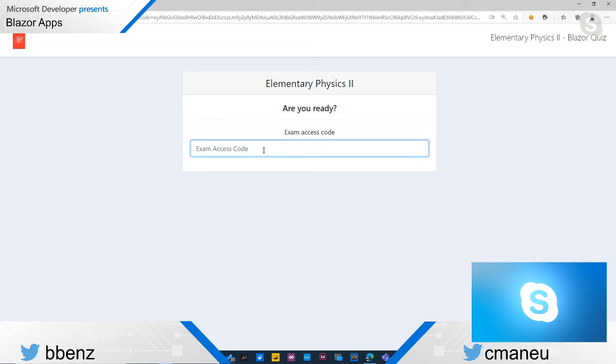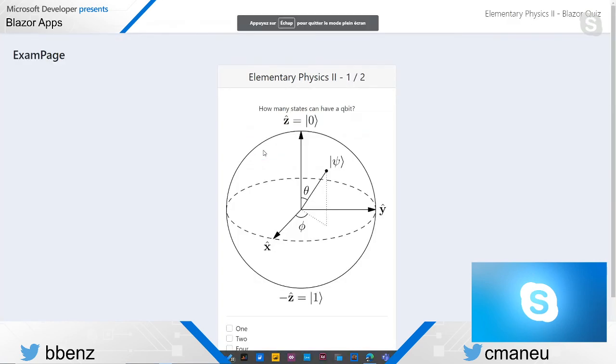So my idea was basically for every student to go on a Teams call, and when everybody is at this stage, I can shout out loud an access code, and people will start entering this access code. And so at the same time, more or less within 1 or 2 seconds, they enter the exam at the same time. So I will enter the exam code, and boom, the website goes full screen, and I have the exam